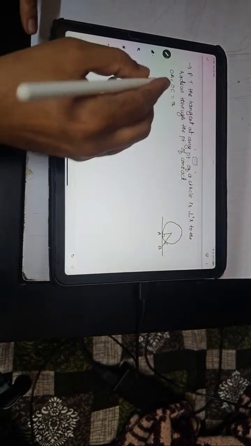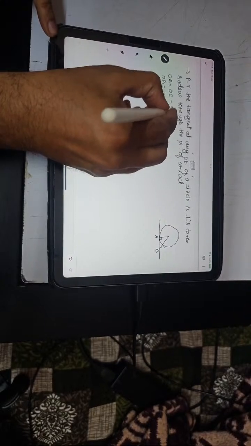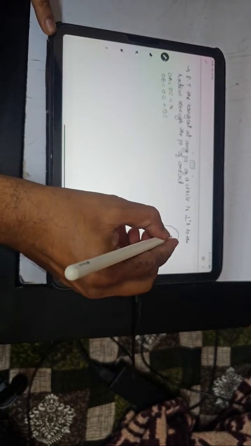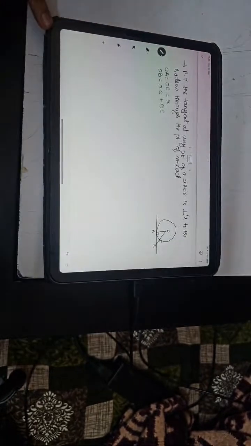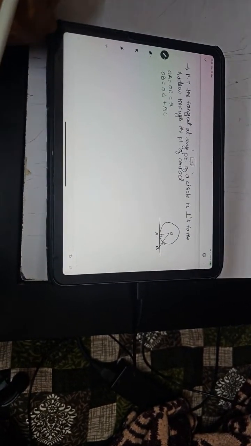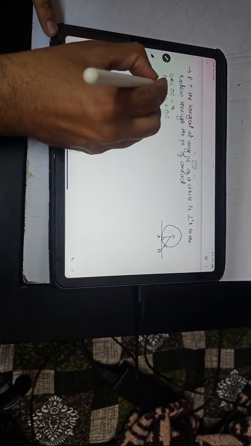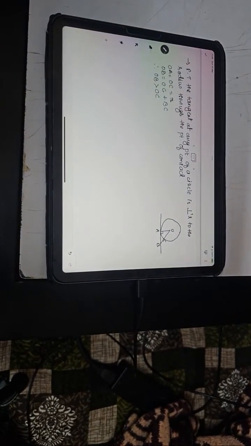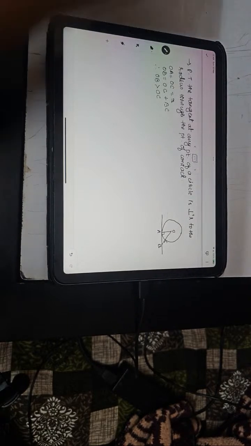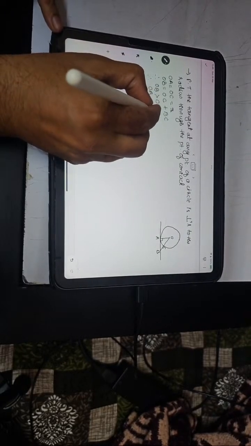Now, OB will be equal to OC plus BC because it is made up of 2 line segments: O to C and B to C. So I can say OB is greater than OC, because when I add BC to OC, I get OB. Therefore OA is less than OB